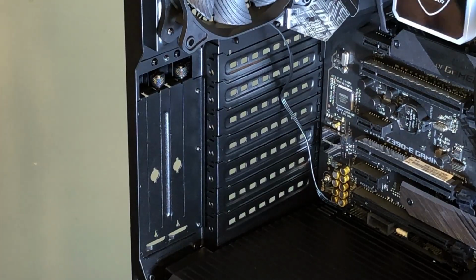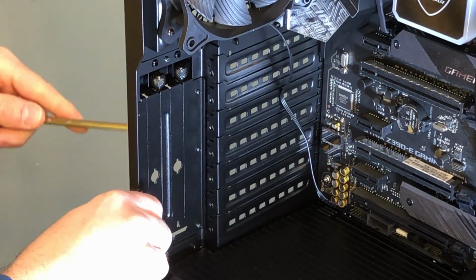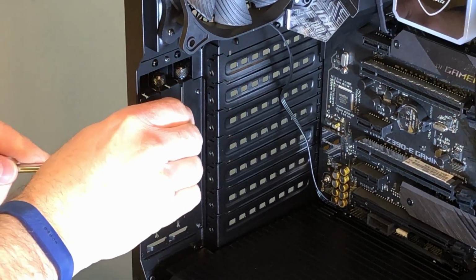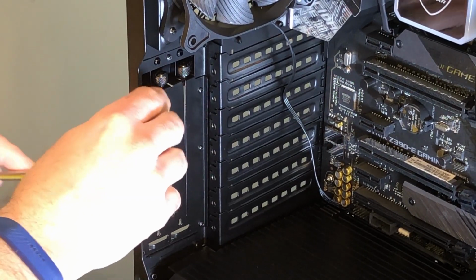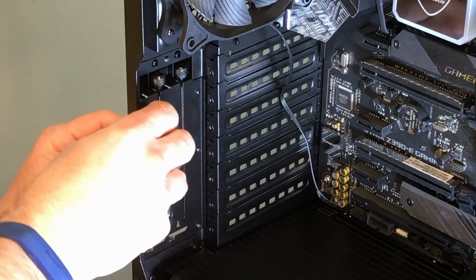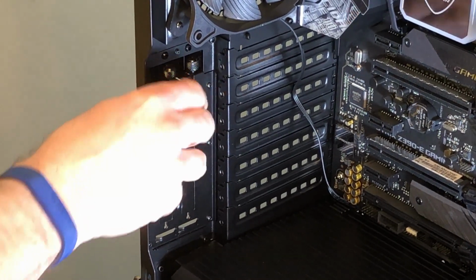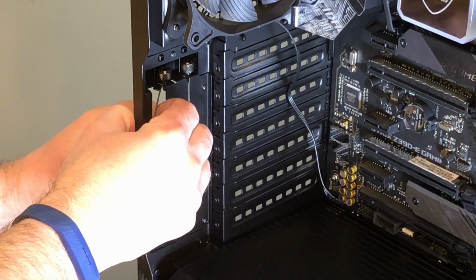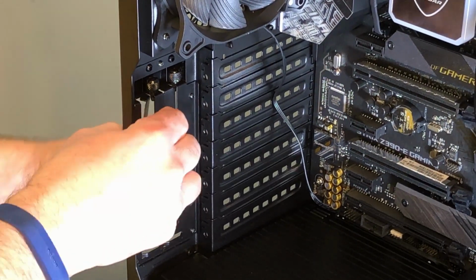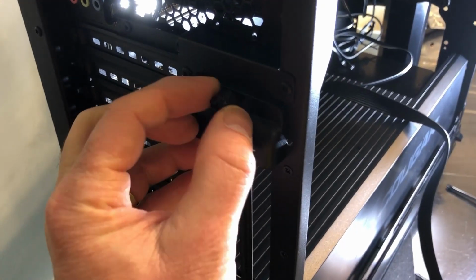Alright, so I'll knock these out. These little holes here are usually so you can get a screwdriver or something in there. And don't be afraid to bend them a little bit, because they're going to be thrown away, so you're not really worried about damaging them. Usually you get them sort of worked back and forth a little, and they're connected real loosely at the top, and you're just trying to break that little connection. And once you do, they usually pop out. And you want to be real careful. There you go. Once you get it bent a little, you can work it back and forth, and then they come out. And on the back is this little cover here that gets